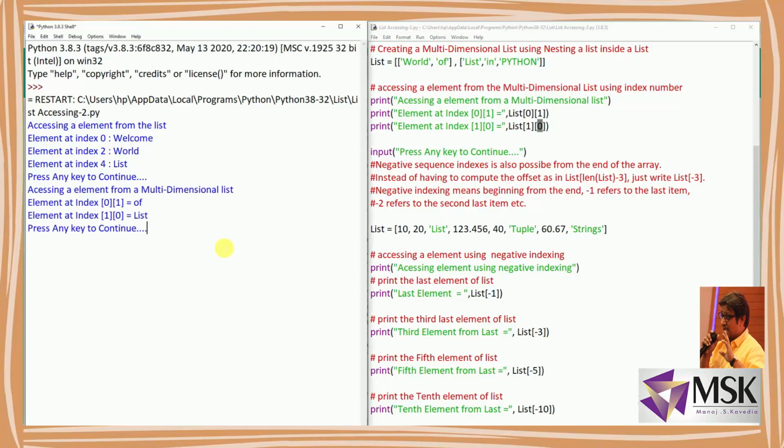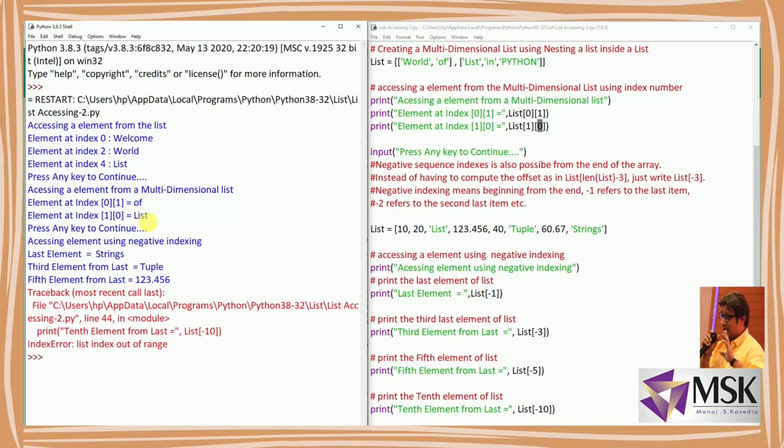Here you can see the element at index 0, 1 is of, and the element at 1, 0 is list. Now here is accessing the elements with negative index. The last element is a string, the third last element is a tuple, and the fifth last element is the first one. You can see -1, -2, -3, -4, -5.